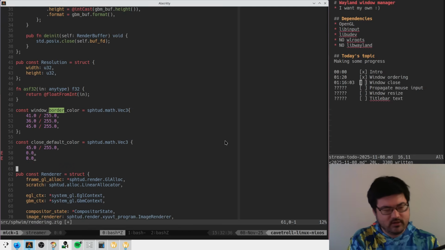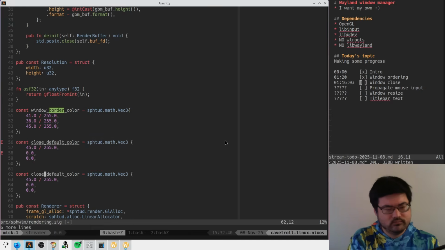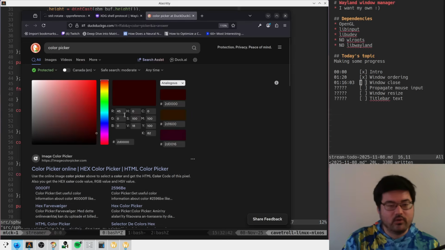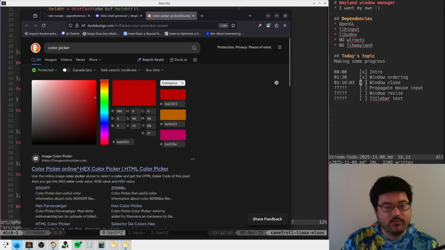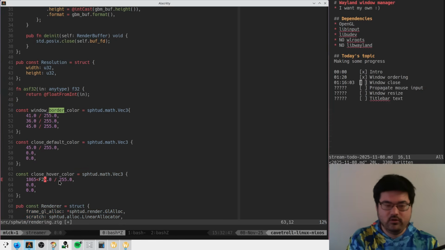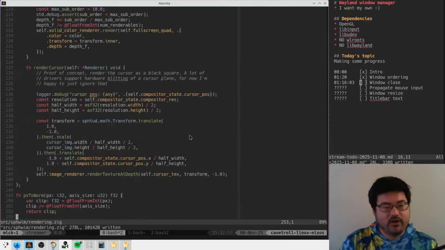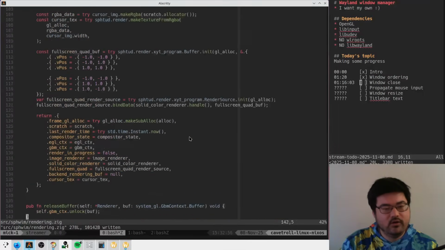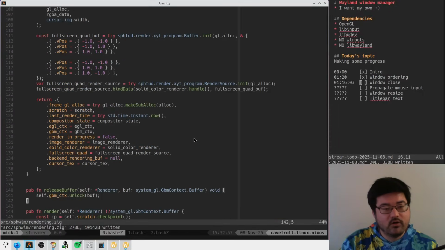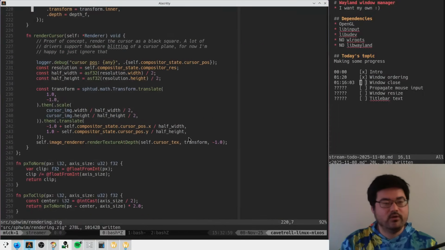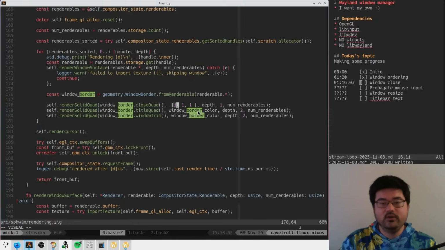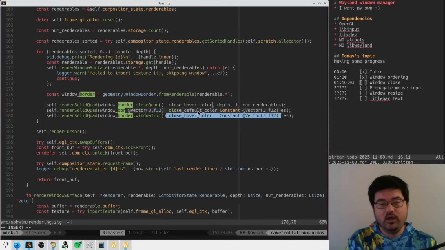Something like this, and then close hover color. And we just crank this up to somewhere up here. So wherever we threw that white in the rendering section,